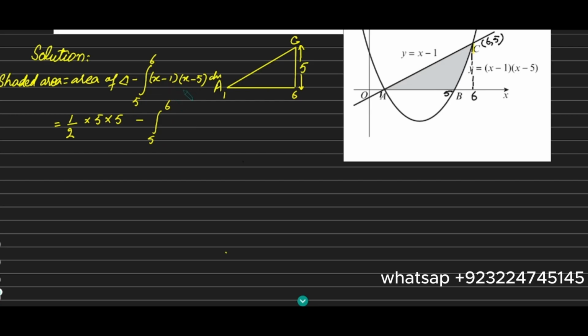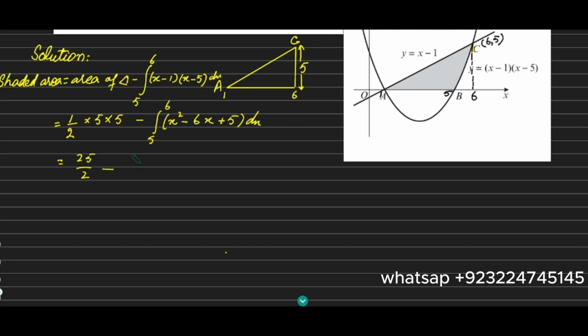At first we multiply, we get x squared minus 6x plus 5 dx. So area will be 25 by 2